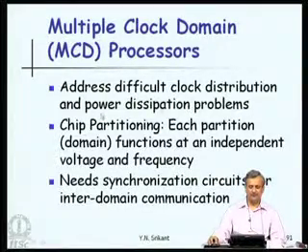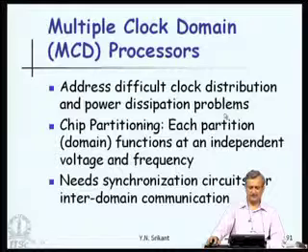Now, why should we actually have large chips? Well, obviously, the larger the chip, the more chip area and more electronics that can be put on it. So, power dissipation becomes very large if we have a very large chip. So, we are going to have smaller regions of the chip which have different clocks. The clock distribution electronics and the CPU area needed for clock distribution itself increase power dissipation. So, if we use a local clock in different parts of the CPU, the clock power dissipation also comes down.